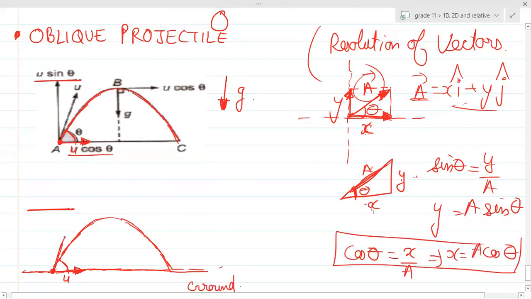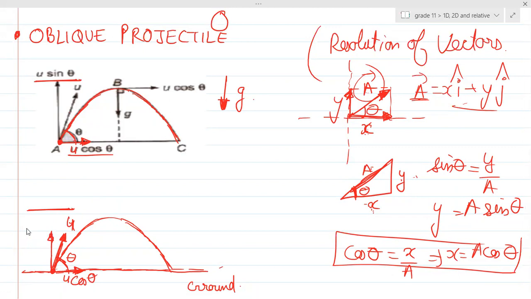This is the initial velocity with which we have thrown it at an angle theta. Please remember, theta is with this velocity. Please remember this line, the velocity. Can you see it's still here? So this will be u cos theta. And what will be the other component? This will be u sin theta, right? Yes or no, guys? Yes, sir.